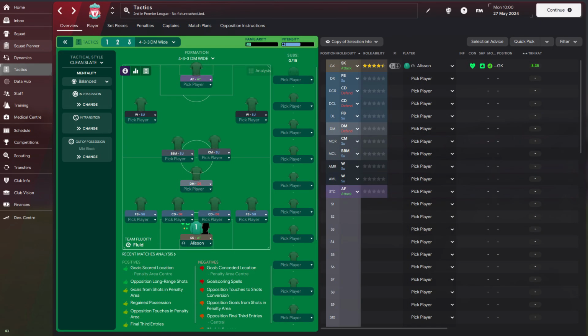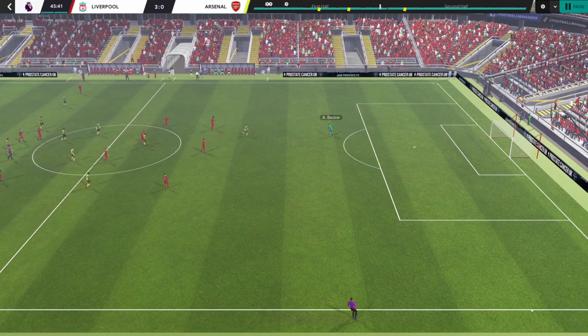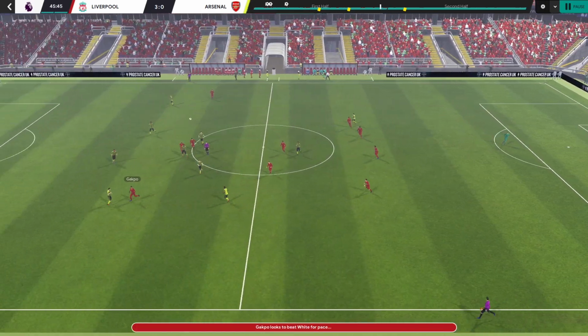In goal, since we already know that the tactic will be aggressive in possession, I'll choose a sweeper keeper on attack. The support duty works also, however on attack, the goalkeeper goes out of his way to sweep up the loose balls, kind of like Manuel Neuer in his prime.